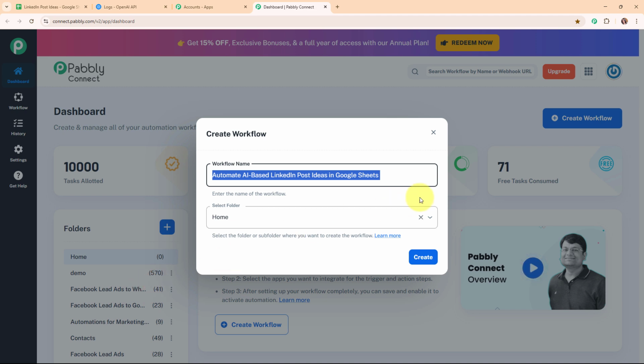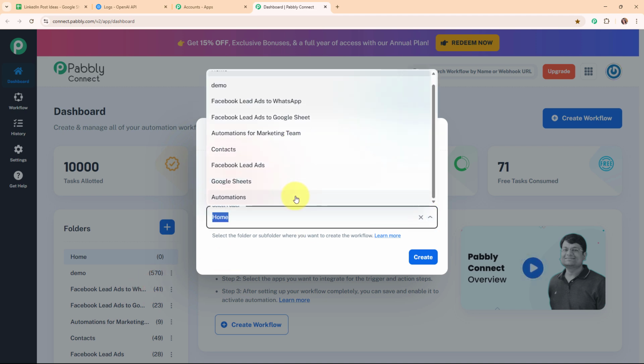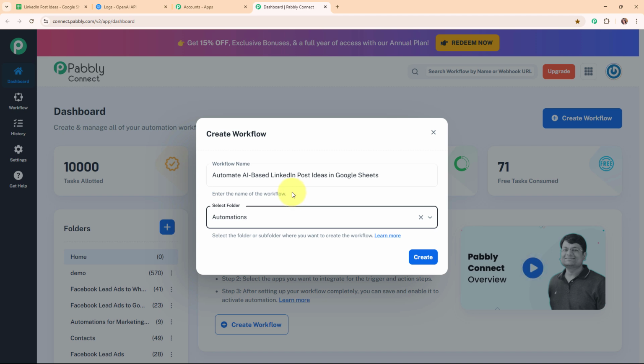So in this particular case, I'm going to select my folder as automations. You can select the folder as per your need. Also, you can create multiple folders to save your workflows accordingly. And now, to learn how to create a new folder inside Pabbly Connect, you have to click on this